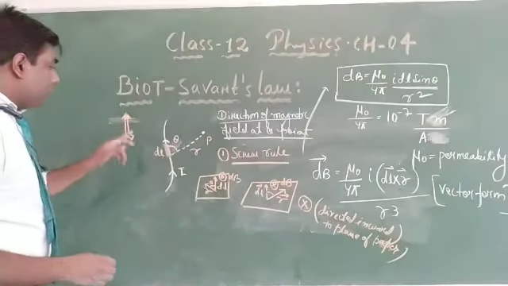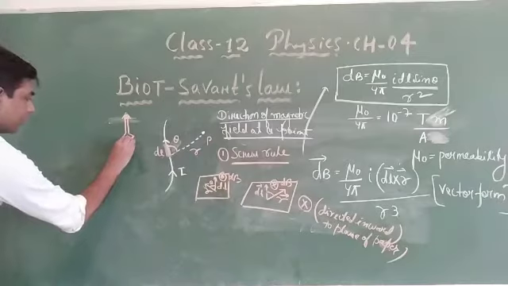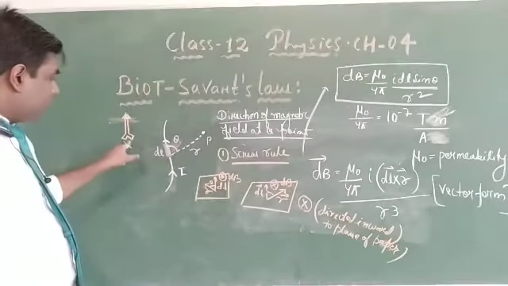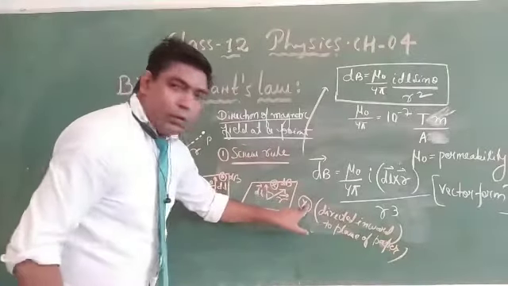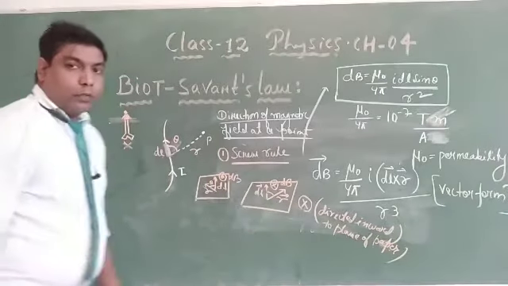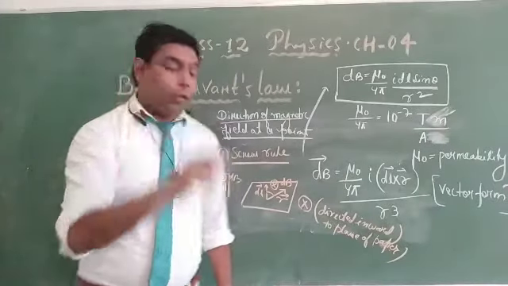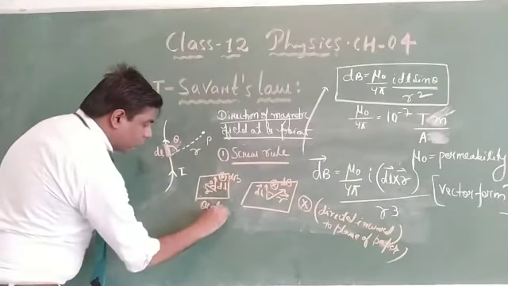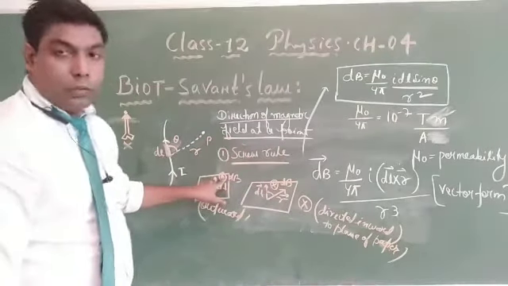Now see here, arrow. Means, when the arrow is moving away from you, then you will see this structure. That is, it will resemble like this. When you see the arrow from the back side, you will see this portion, and it will look like a cross. So when it is directed inward, you will use a cross. But when the arrow is coming towards you, then you will see this point. Suppose an arrow is coming towards you, then you see what? That is the tip of the arrow. That is, it will appear like a dot. So when that is here, use a dot, that is outward. That is, when the magnetic field is directed outward, then we use a dot.